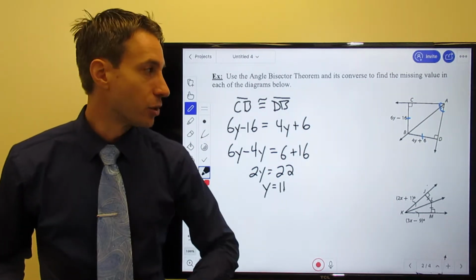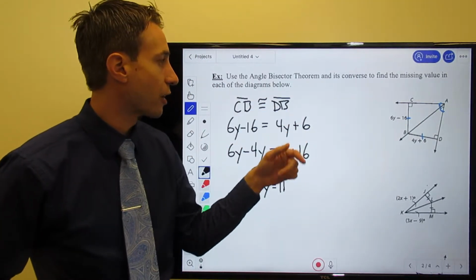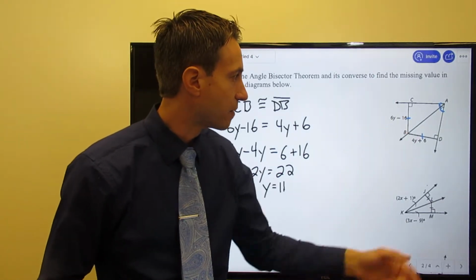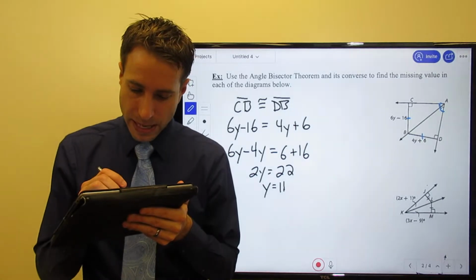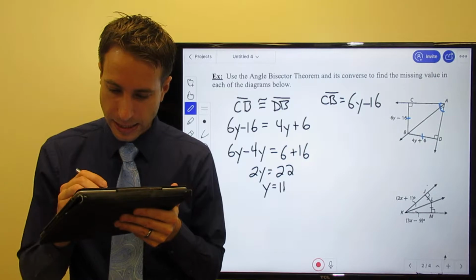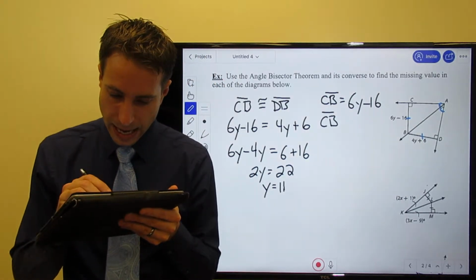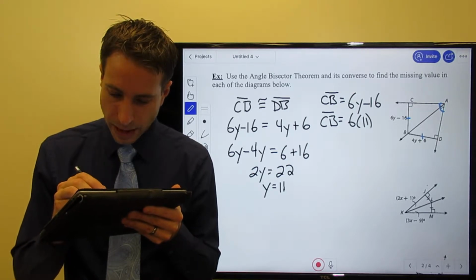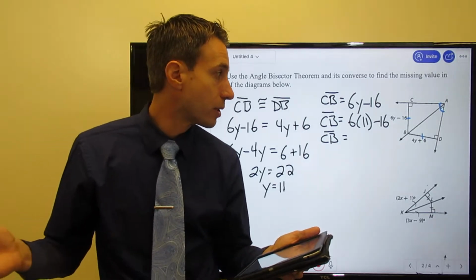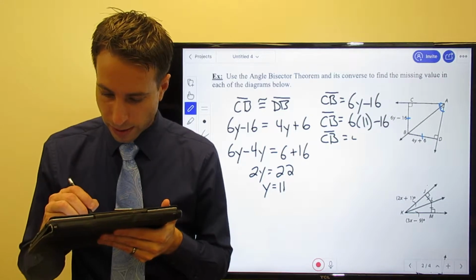All right, let's go ahead and find these unknown lengths. What did I ask you to do here? Find the missing value in each of the diagrams below. Okay, so I get that y is equal to 11. Let's find the length of each of those sides. We'll start with CB. I know that CB is equal to 6y minus 16. I know that y is 11, so let's drop that in there. So CB has to be 6 times 11 minus 16. Fairly simple arithmetic, but feel free to use a calculator, don't fat finger something, and you should wind up with